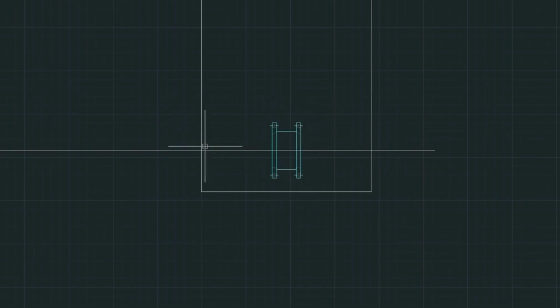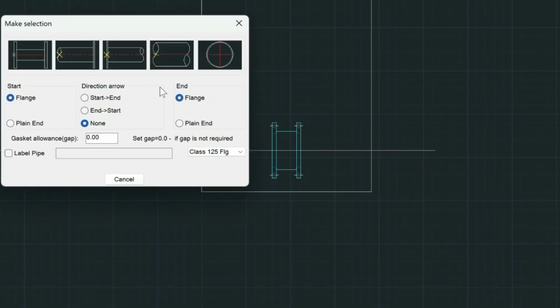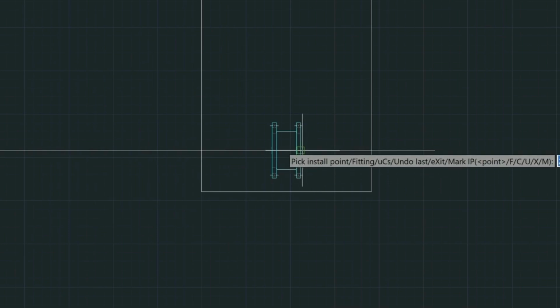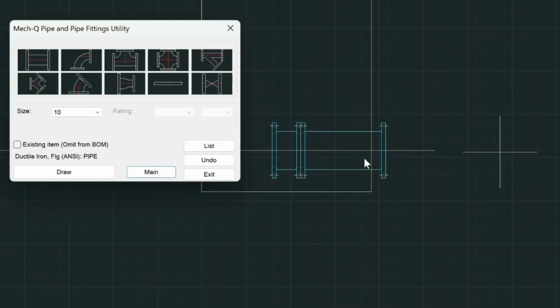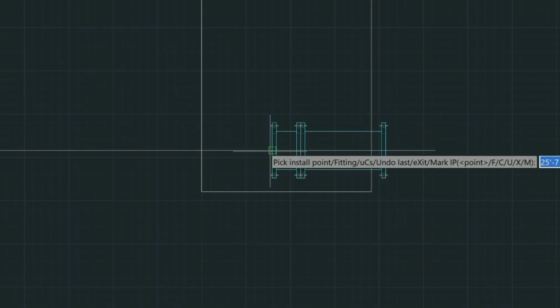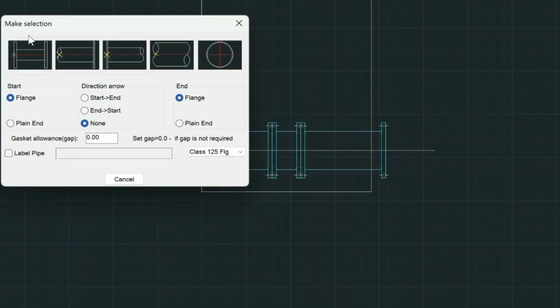Let's draw a couple more straight pieces. We'll come up to the menu here and choose these pieces here. We'll left click here, the side of that fitting, and make sure your cursor is straight at 0 degrees. And then let's type in 2 feet, enter. We'll do another one on the opposite side. We'll left click here and draw, left click and type in 2 feet, enter, and enter. One more straight piece in here